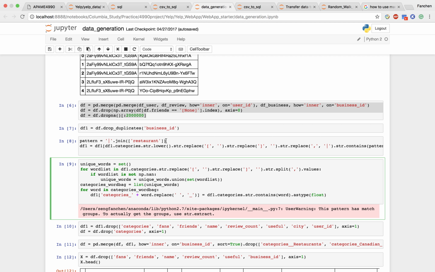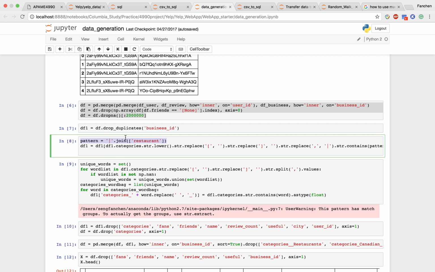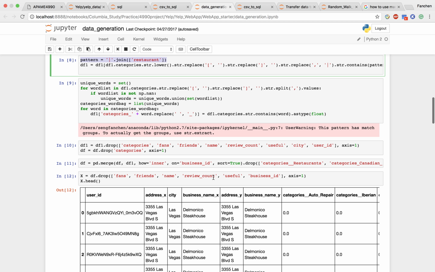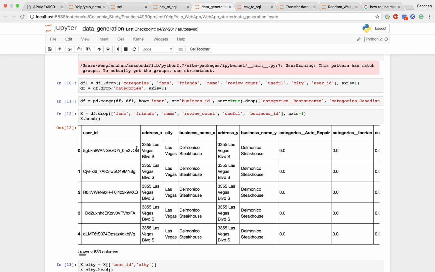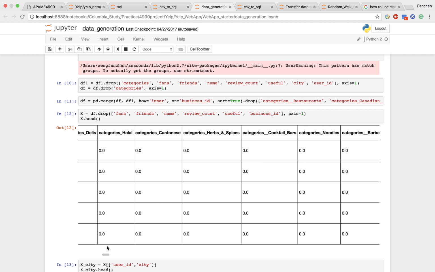This one is I found all the categories that contain the restaurant, and then replace, just for convenience. Then after so much processing, I have the data like this one: user ID, address, city, business name, and so many categories,